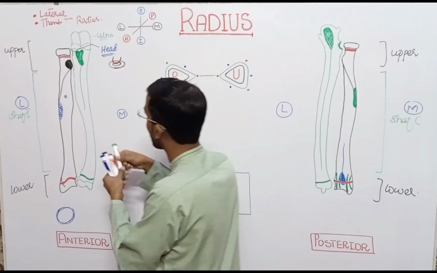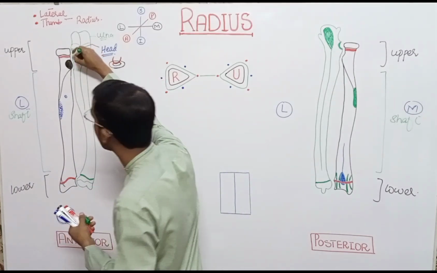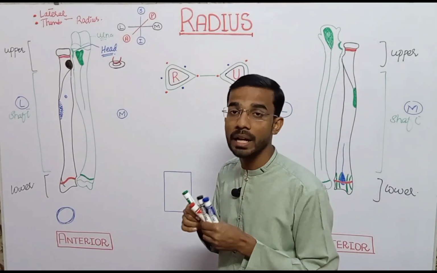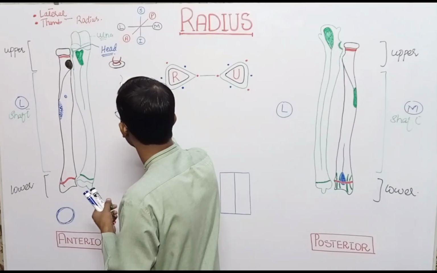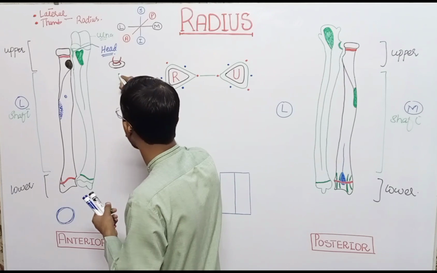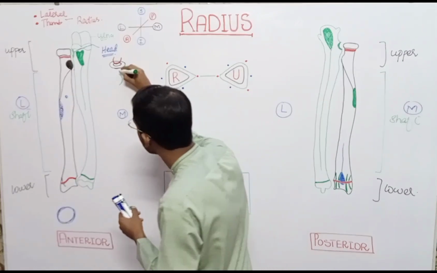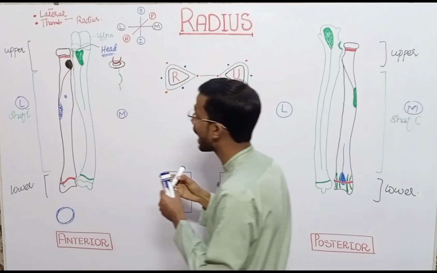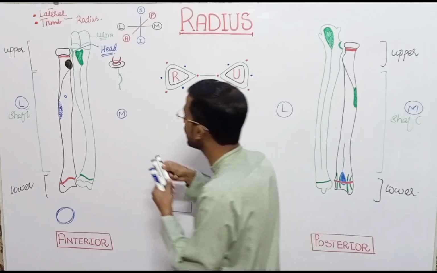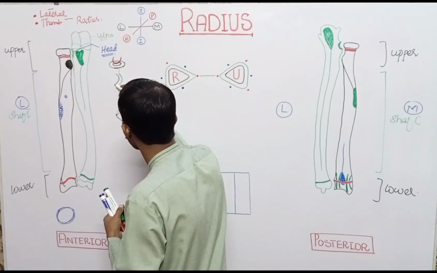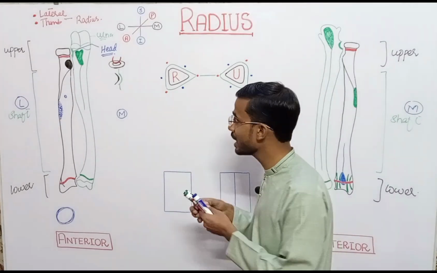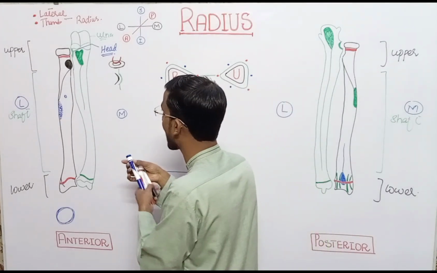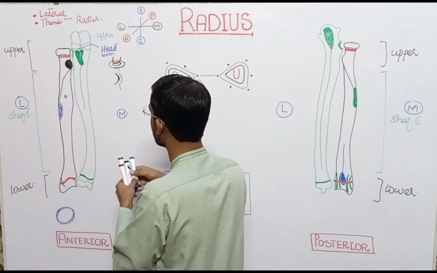And actually you will see that at this side the ulna forms a notch. This notch looks like this. There is a notch, and this is actually part of the ulna. In that situation, the head of the radius will accommodate in this region, and this notch is actually called the